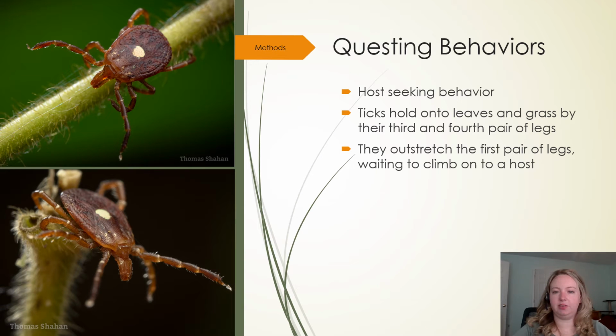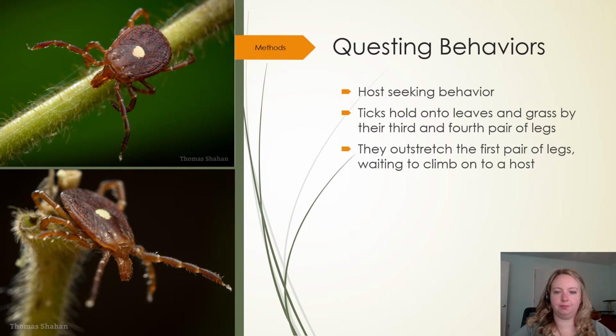The host-seeking behavior that I'm studying is called questing behaviors. In order to quest, ticks will climb up and hold on to leaves or tall grasses with their first pair of legs outstretched, waiting for a host to walk by. When this host does brush up, the tick will climb on and find an appropriate spot to attach and take